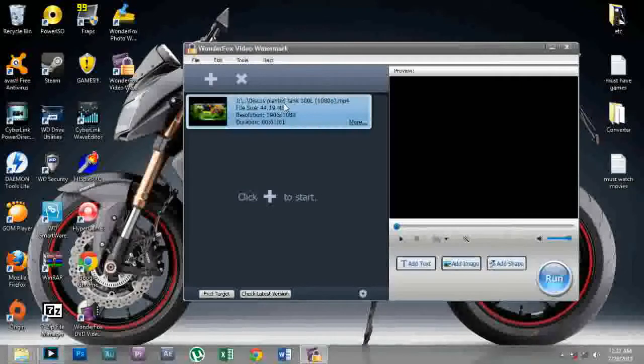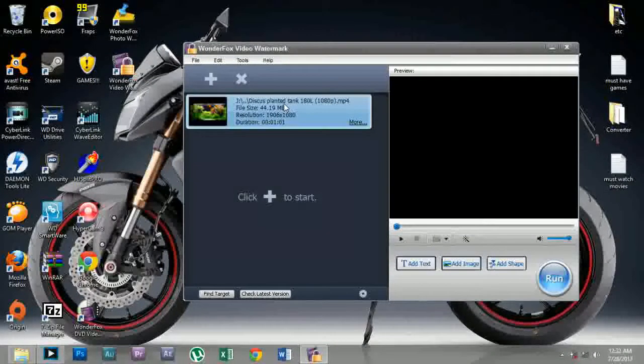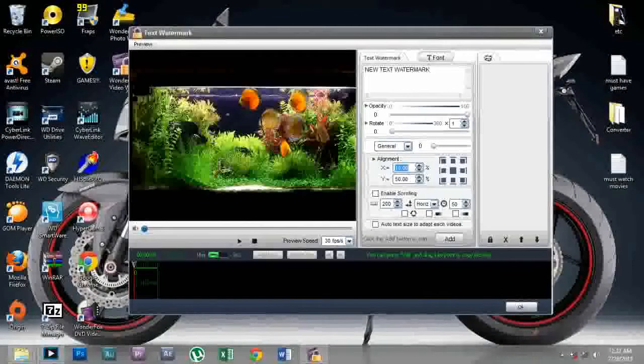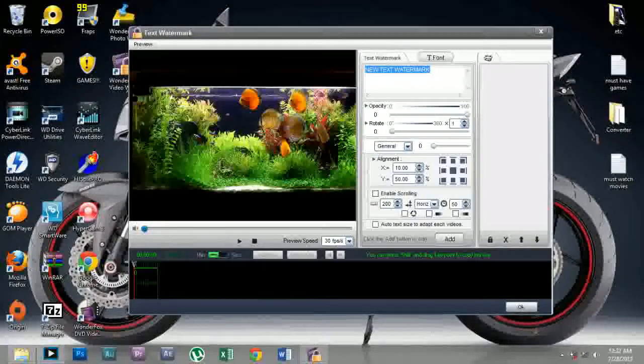You must first load a video to embed a watermark in it. That's the obvious thing. Over here there are three choices: text, an image, or a shape, and I'm going to start off with text. Here it says a new text watermark, and I'm going to change it to the species name of the fish,